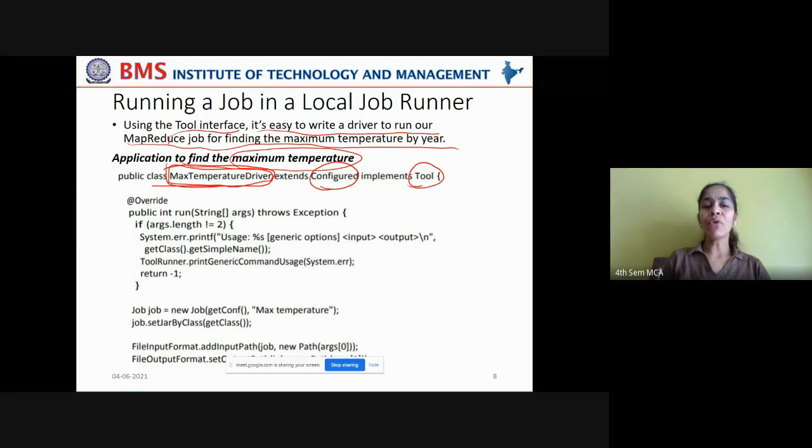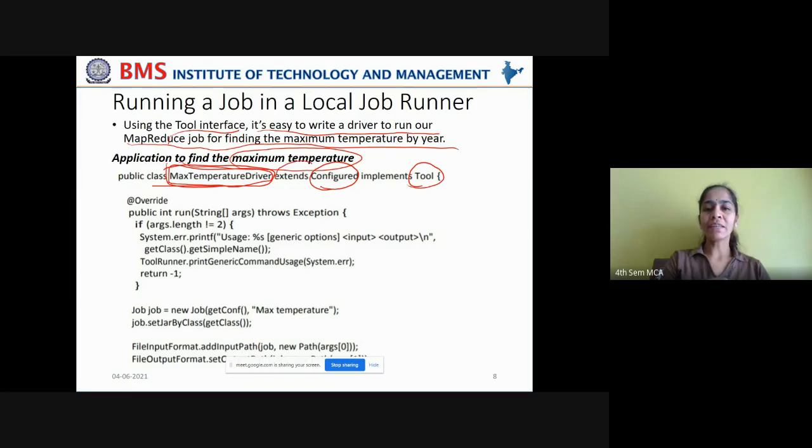Okay, if you want to make any configurations, if you want to set any system properties from the command line while executing this job, in such a case this class should be able to be configured. This class should be able to take the changes in the properties from the command line by the user.